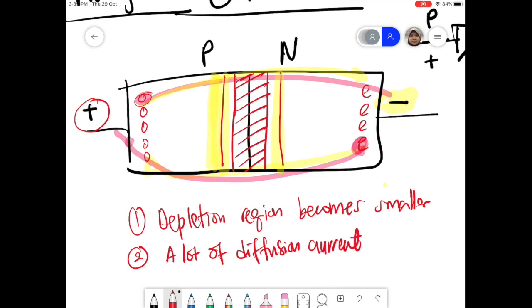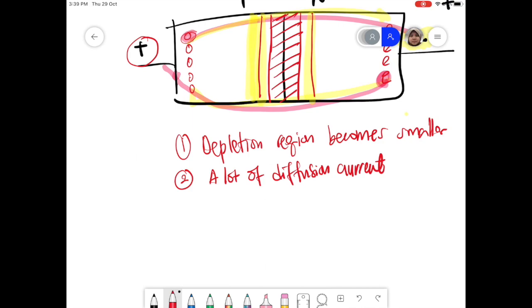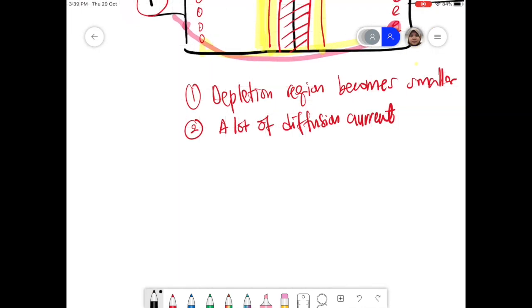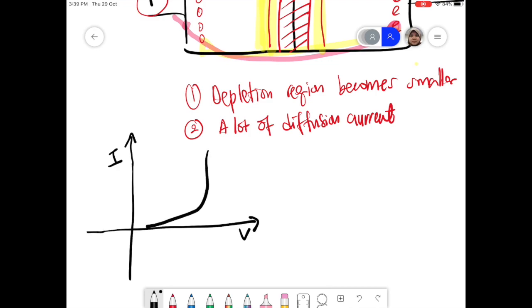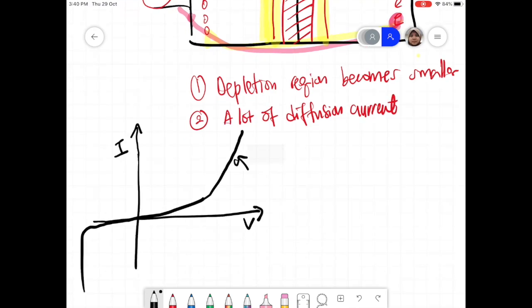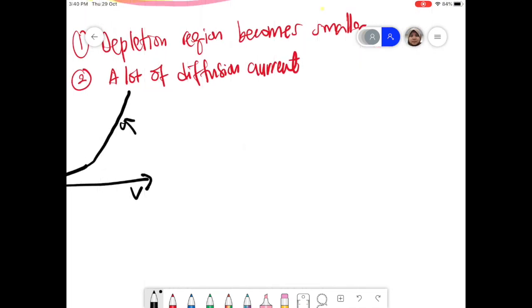So at forward bias, if you draw the IV characteristics, if you remember, current-voltage characteristics of a diode, it looks like this, right? So let me draw it properly, like that. Okay, so this is a lot of current in forward bias. So in forward bias, that's why you have a lot of current. At reverse bias,